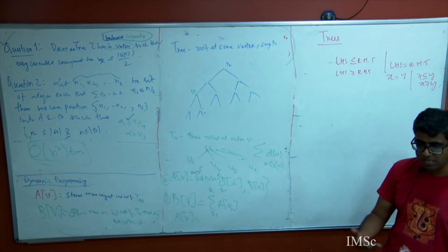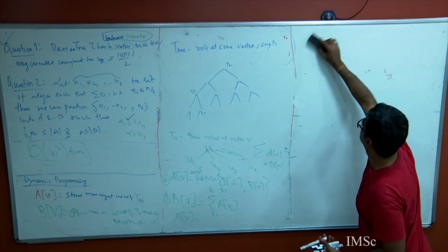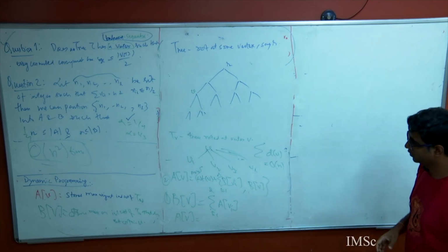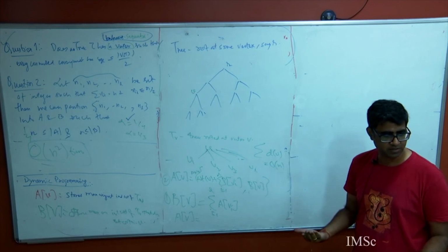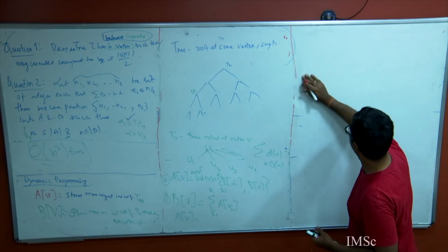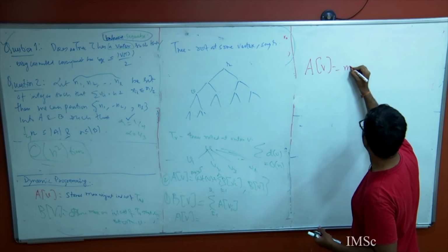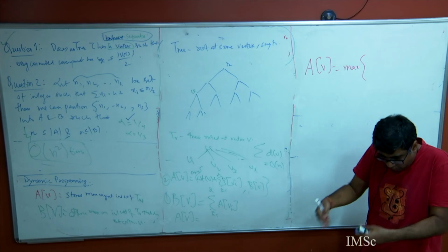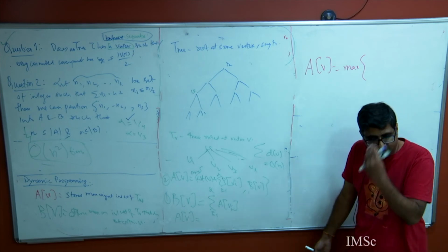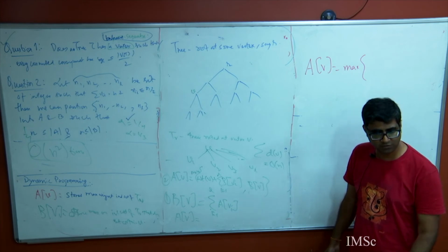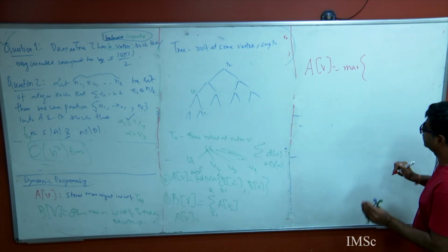We have some meaning associated to this A, B, and V, so let's zoom in. A_V stores a maximum weight independent set at V, and you wrote down that A_V is equal to max of something. You have been telling all these things up until now, but there are reasons why this is true, and you must know why this is true. So let's zoom into this recurrence.